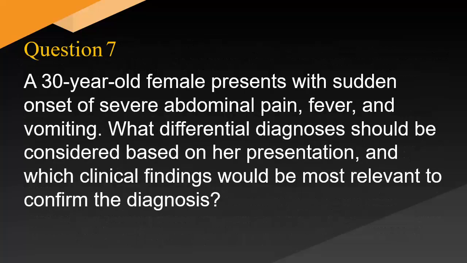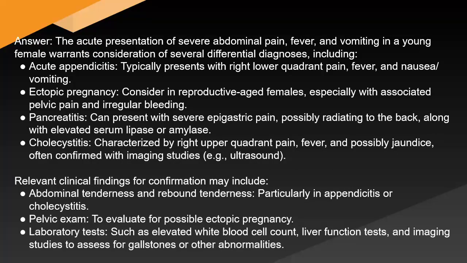A 30-year-old female presents with sudden onset of severe abdominal pain, fever, and vomiting. What differential diagnoses should be considered based on her presentation, and which clinical findings would be most relevant to confirm the diagnosis? Answer. The acute presentation of severe abdominal pain, fever, and vomiting in a young female warrants consideration of